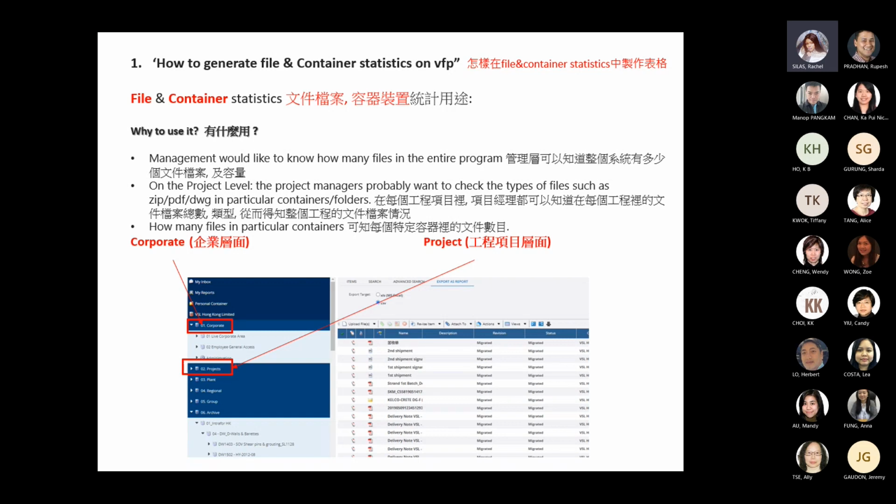So why to use it？我哋點解要用呢一個 function？Management would like to know how many files in the entire program。管理層可能想知道成個系統裏邊有幾多個文件檔案，或者佢哋嘅容量。Let's say the capacity or the biggest file。Also on the project level, the project manager probably want to check the type of file, such as if it's a zip file, PDF, or drawing in a particular containers or folder。